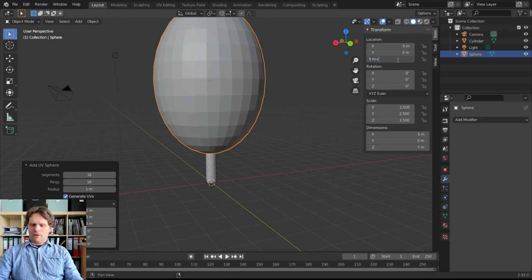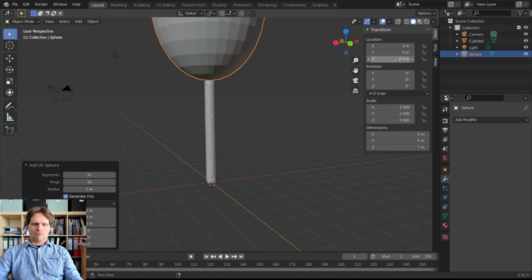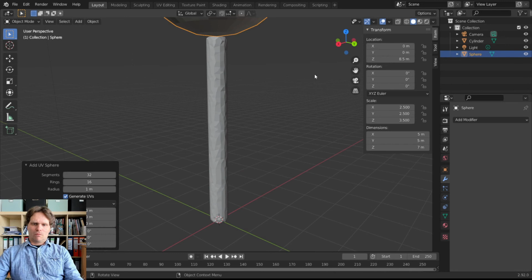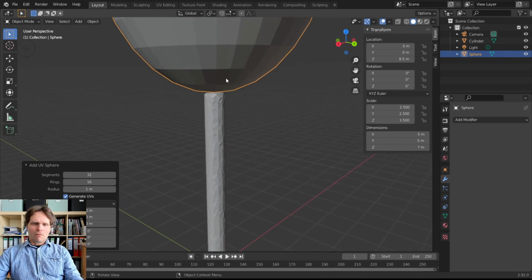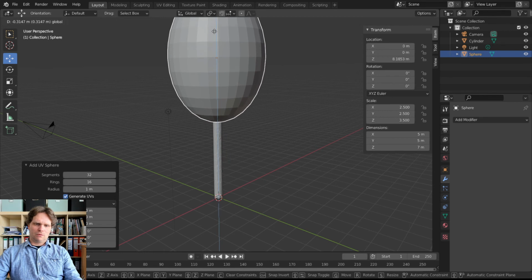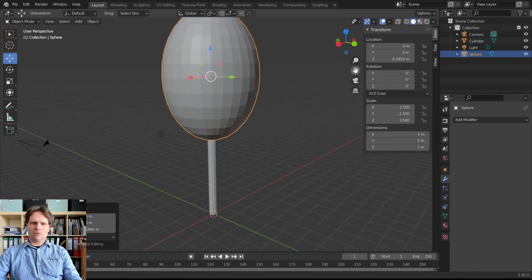We are adding half of the height of the sphere. Now we will take the sphere and put it a little bit down. Okay, so